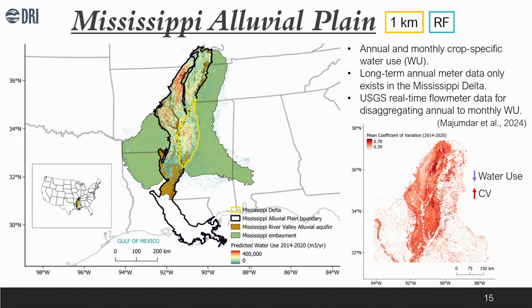And so an interesting observation that we found here was that in high water use regions, so these are all the rice fields in Arkansas, we have high water use, but the coefficient of variation is lower. However, when we move on to the lower water use areas, we see the coefficient of variation to be high. And this is possibly due to crop rotations in these regions, because rice is mostly flood irrigated over here. And another interesting thing is that